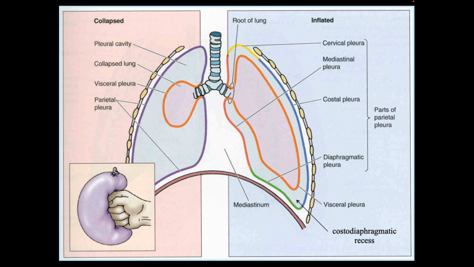Now, if you look on this picture, these are the parts of the parietal pleura. If you notice, there is a costal pleura, which lines the inner surfaces of the ribs, costal cartilages, and intercostal spaces. There's also a diaphragmatic pleura that covers the superior surface of the diaphragm. There is a mediastinal pleura that covers the lateral surface of the mediastinum. And there is a cervical pleura or a pleural cupula that extends up